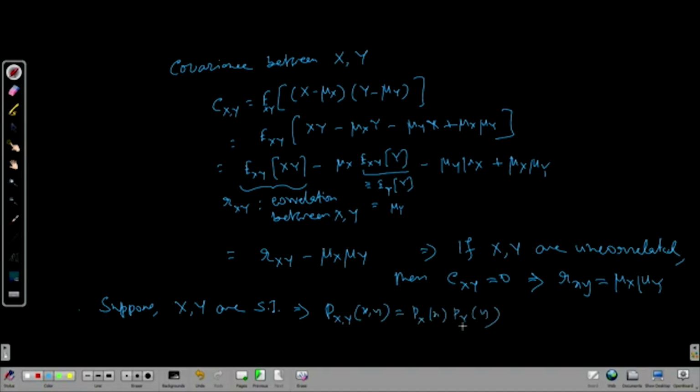It was taught in the previous class. In that case, R xy, which is the expected value of the product, is a double integral of small x,